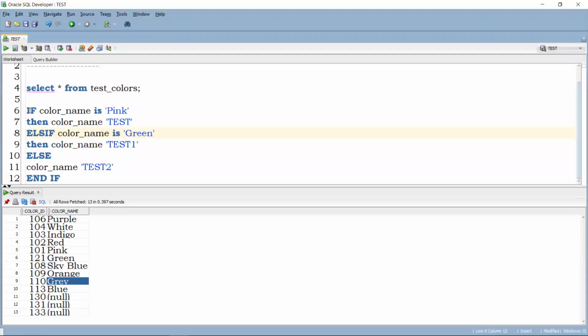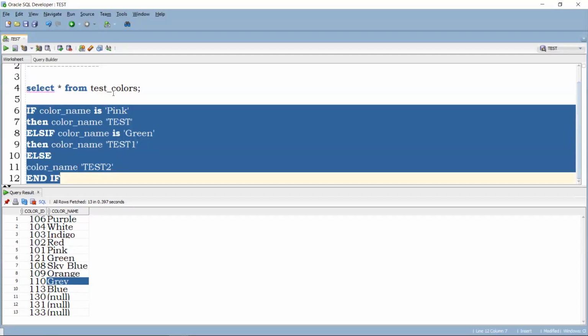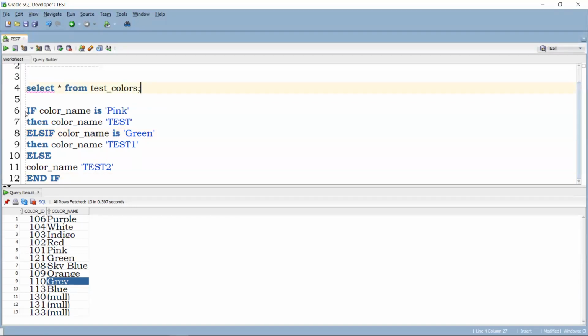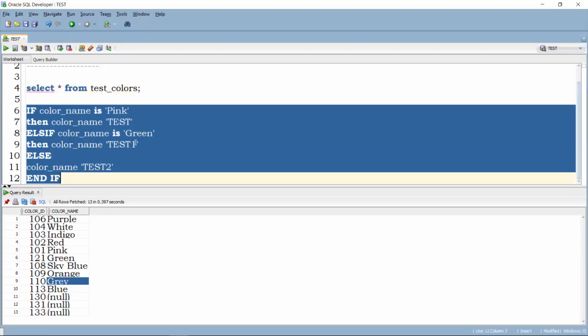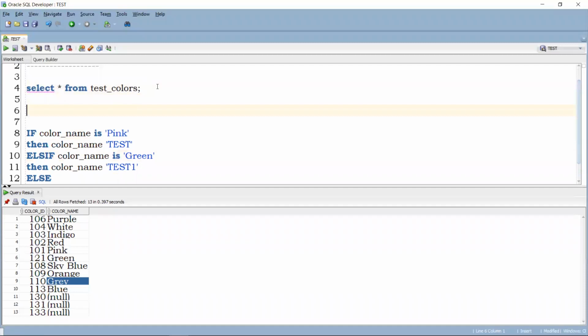Now let's write the same thing in decode. Using decode, let's fulfill this requirement. For this decode, we are using color name, right? So consider color name. If color name is pink, in our table it's pink, then I'm making it test.